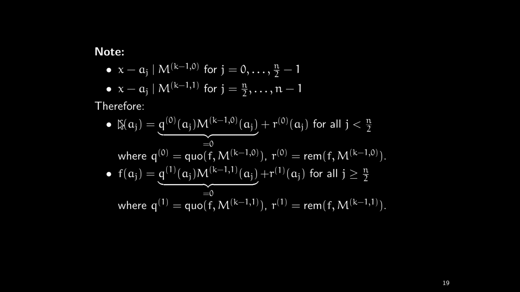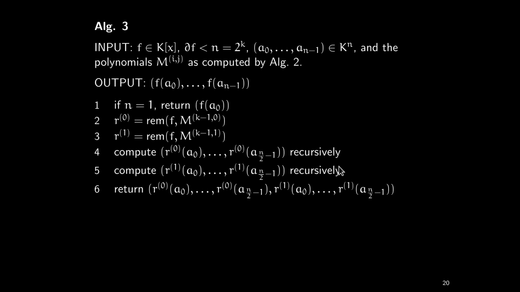So we have reduced the problem of computing the values of f at the first half of the a's to computing the values of the remainder, this remainder, at the first half of the a's. And for the second half of the a's, we can do the same, but just with a different remainder. Okay. So this gives the following